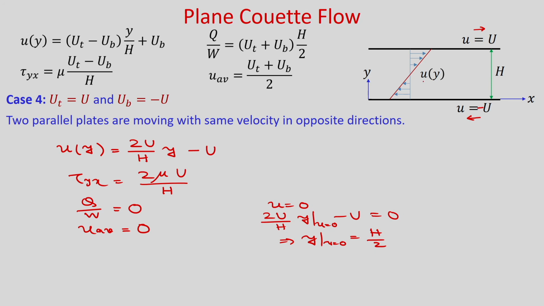Okay. So, this is the velocity profile, and as you can see, from here the upper side has velocity in the positive direction and the bottom side is in the negative direction, and you will get average velocity as 0. Now, let us consider two layer Couette flow, where we have two different fluids inside these two parallel plates, where upper plate is moving with respect to the bottom plate. These two fluids are immiscible and having different viscosity.